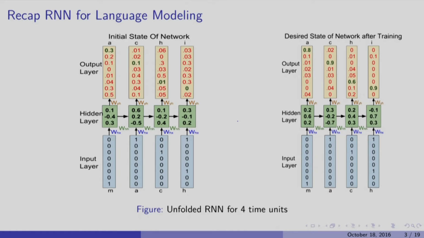So, a recap of our discussion of RNNs for language modeling. We had a very compact representation for the recurrent neural network through a simple self loop on a neuron. The self loop was characterized by the weight WHH, the amount to which the hidden state at time t is determined by the hidden state at time t minus 1. The rest actually remained the same. You had